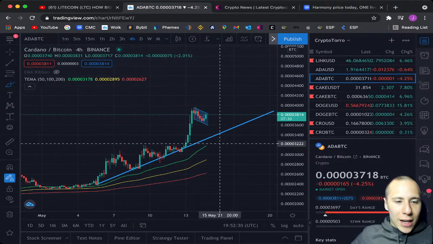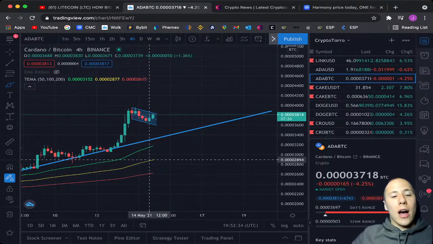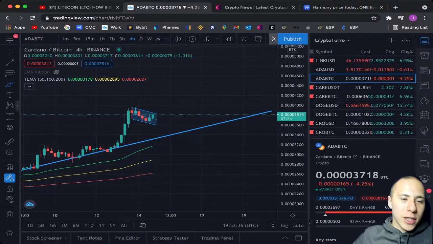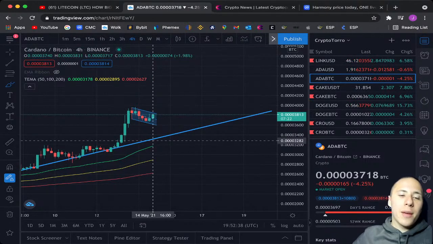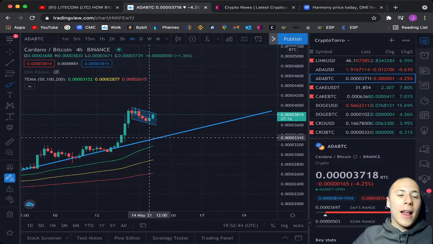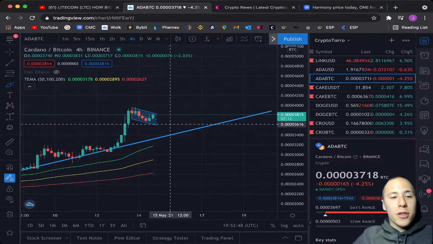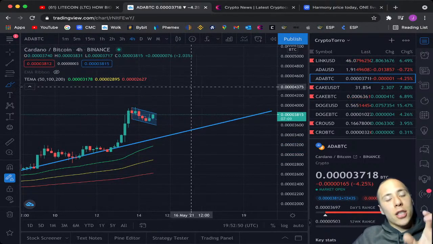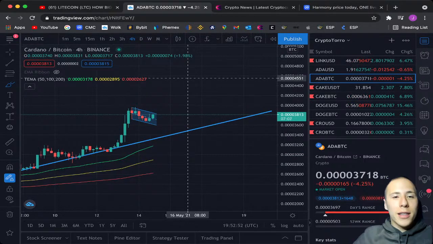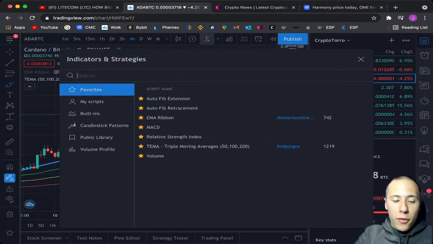And as you can take a look at as well, we are far above the 50, 100 and 200 day moving averages, and that's just really important to me, because these moving averages act as support and resistance. And if we are above the moving averages, I think it's just absolutely amazing. And because we are so far above the 50, 100 and 200 day moving averages on the Cardano chart, I will be placing as well the 20-day moving averages.